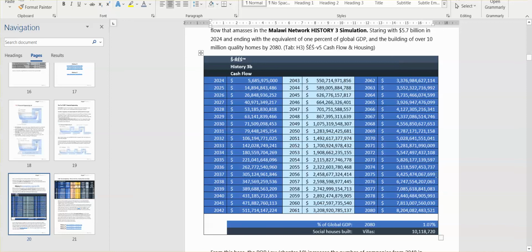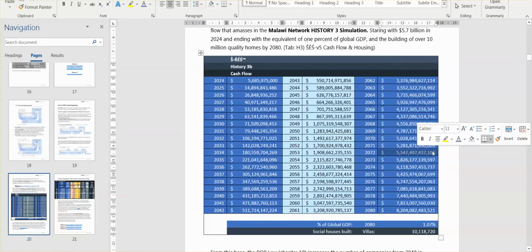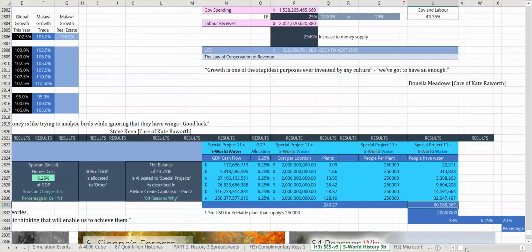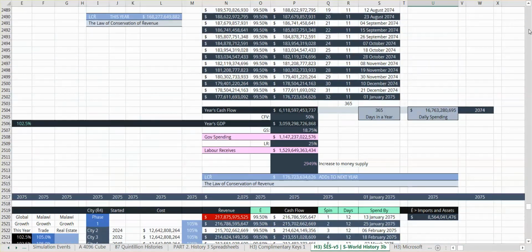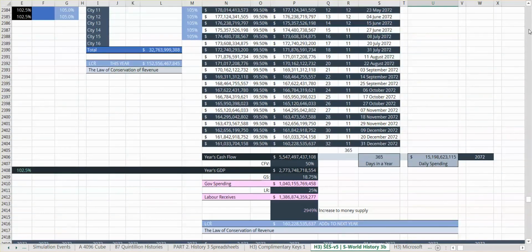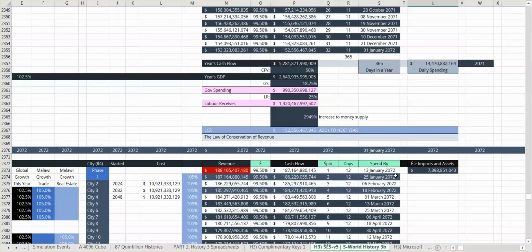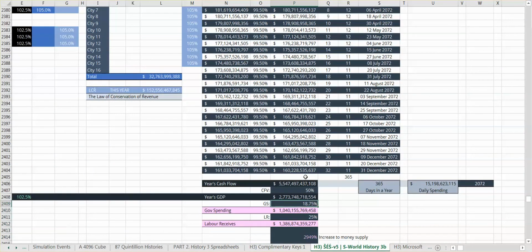As we can see, let's take a figure, 2072 at 5.5. Let's go see where that figure has come from. 2072, so let's get there. Okay, 2072, and we're looking for a figure of 5.5 at the end, and we see it there. That's how these figures are made.